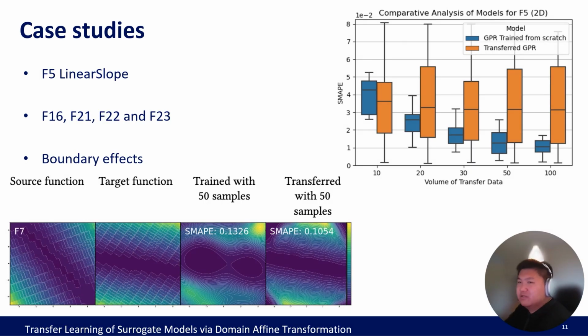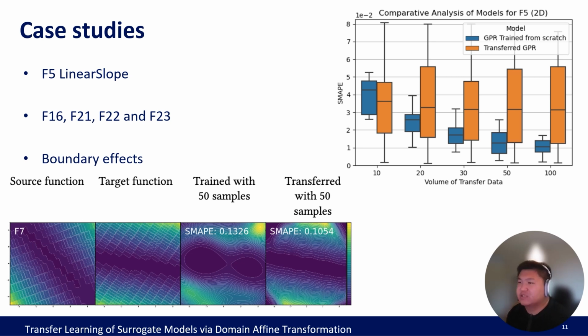So building on the above findings, we take a look at cases where our transfer learning approach doesn't get very satisfactory results. We first zoom in on the cases of the linear slope in 2 dimensions, for which we observe that the transfer model is outperformed by a model trained from scratch. To investigate why this is the case, we repeat the transfer process with several different sample sizes from 10